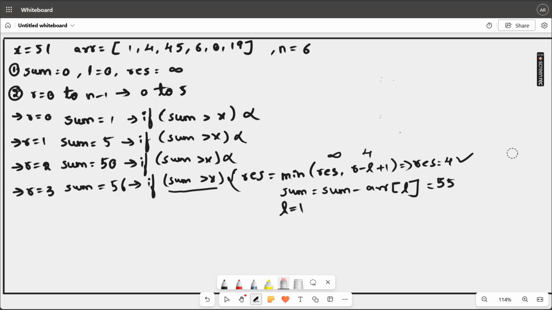Now we again check if our sum value is greater than x. It is obviously again greater. So again RES equals the minimum of the RES